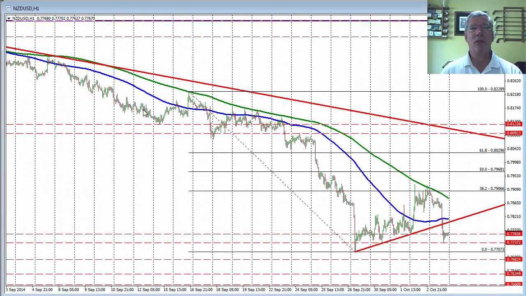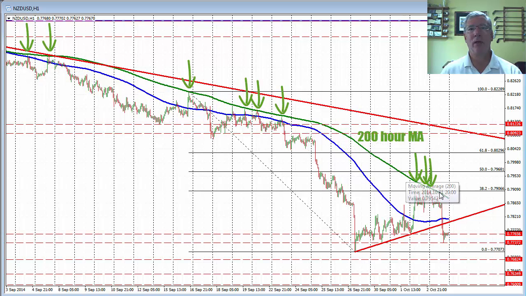Well, if I go to the hourly chart of the New Zealand versus US dollar, I can look at the green line right here, and this green line represents the 200-hour moving average. We can go back to this day right here and see how the market peaked against that level. We peaked against the 200 here, and here, and here, and here, and here. We peaked against it the last time on Thursday and Friday of last week,